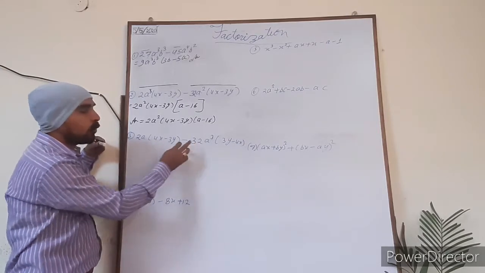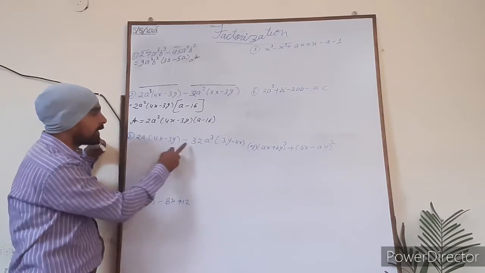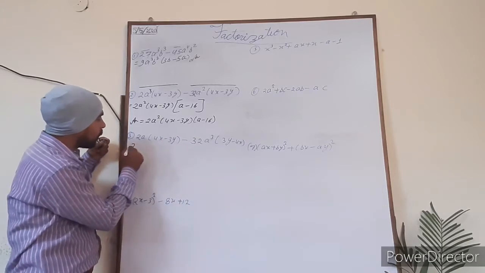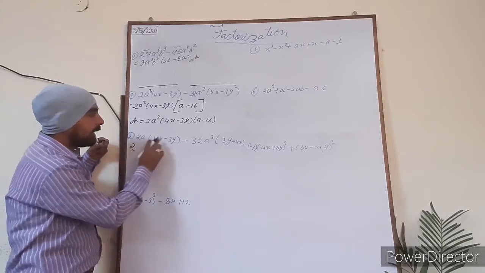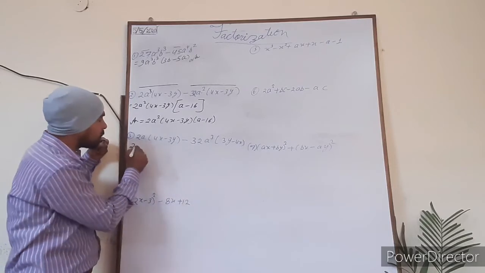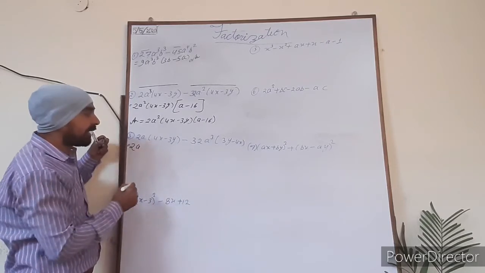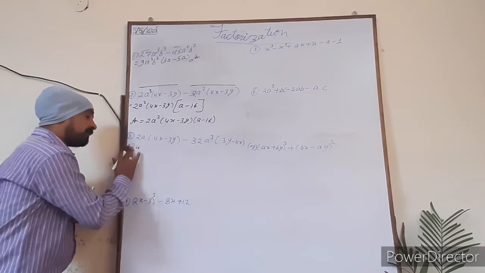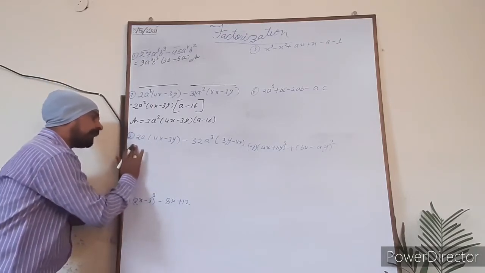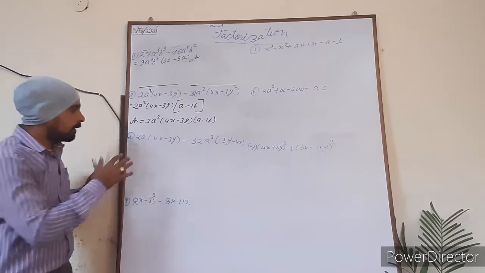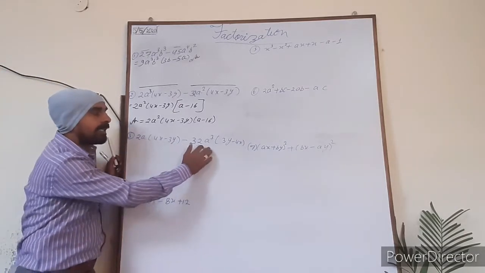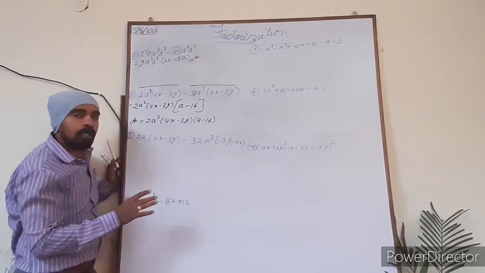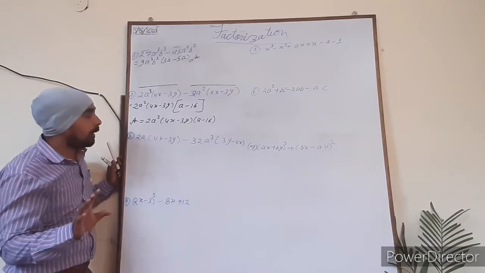आप देखो 2 और 32 में क्या कॉमन है? What is common in 2 and 32? So you may say that sir 2 is common. Very good. In a and a cube what is common? Sir a is common. After that in 4x minus 3y. Yes. So it means we have to pause for a little time and see. 2a or 32a cube. In 2a and 32a cube we are able to take common. But